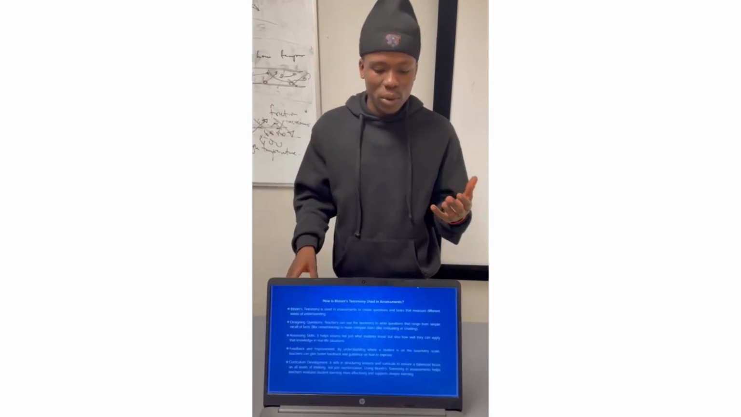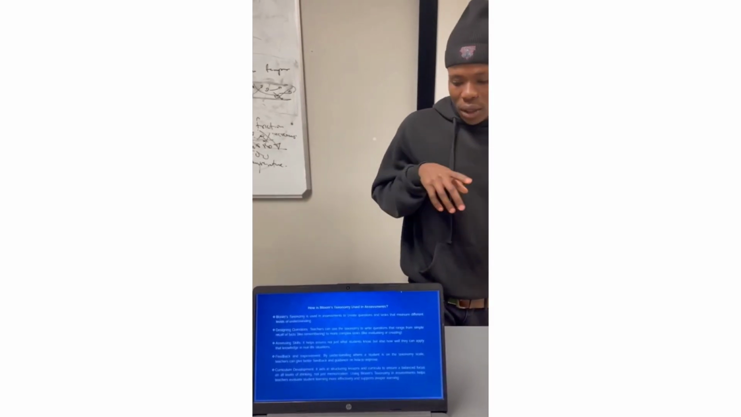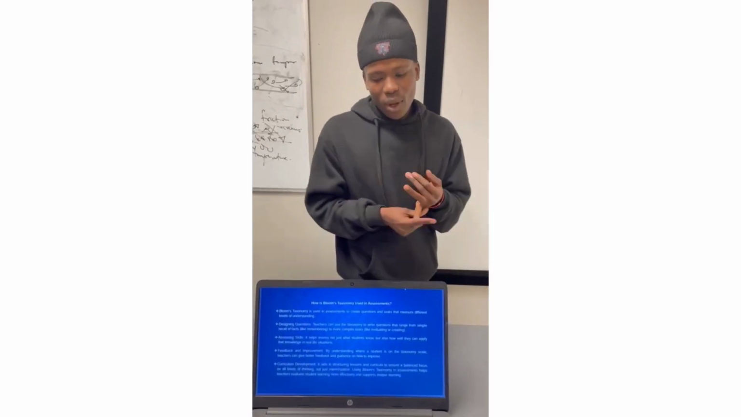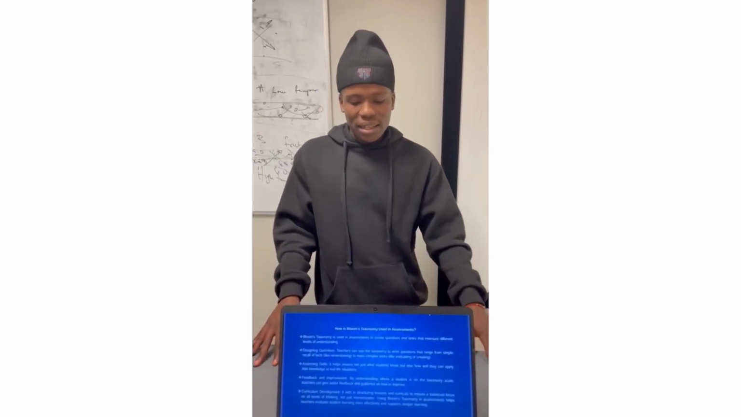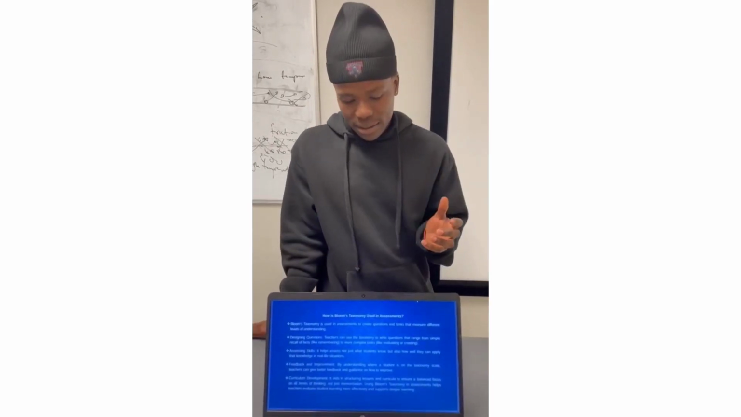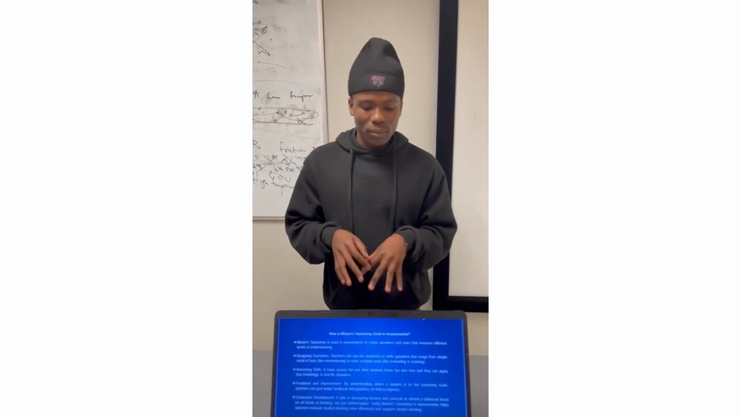Here are examples of how Bloom's taxonomy can be used in assessment. For remembering, the example is: how many sides does a hexagon have? For understanding: use your own way to explain what an angle is. For applying: draw an angle and label it. For analyzing: look at the following numbers and